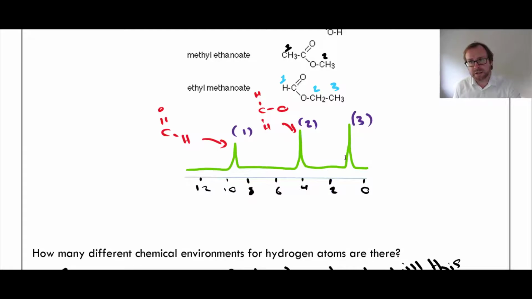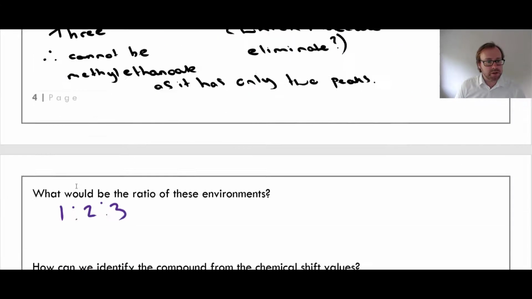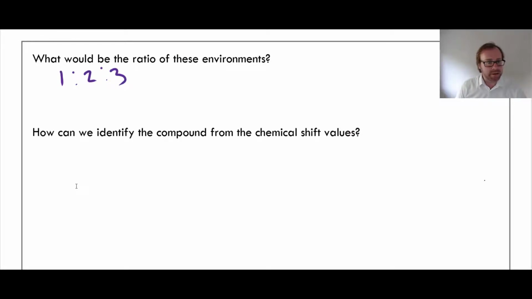I've written my 1 on here. This is near 1, so this is going to be my RCH, and I know there's 3 attached. Okay, so now I can write this down here. So, how can we identify the compound from the chemical shift values? So the chemical shift at around 10 would be my C double bond H. The one around 4 ppm